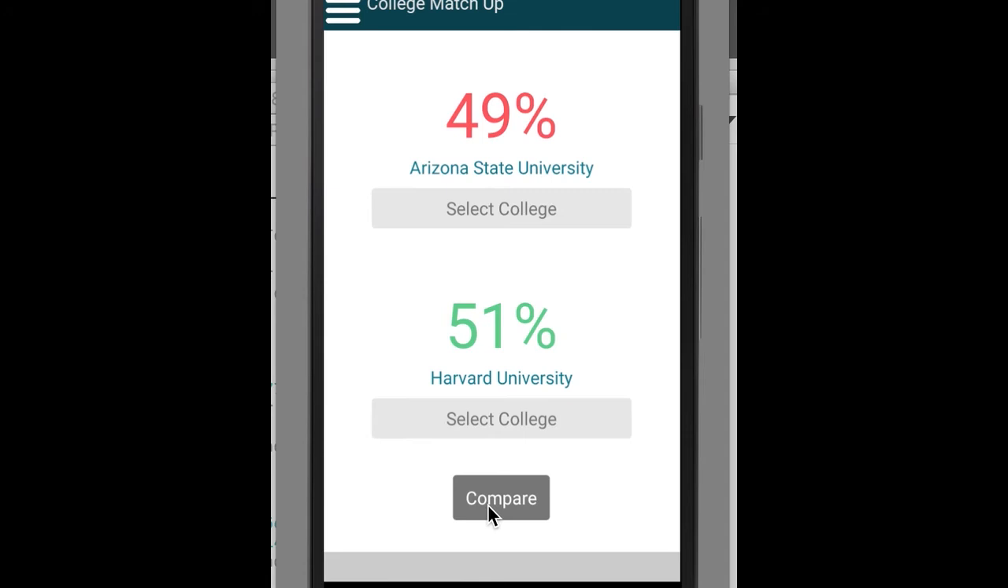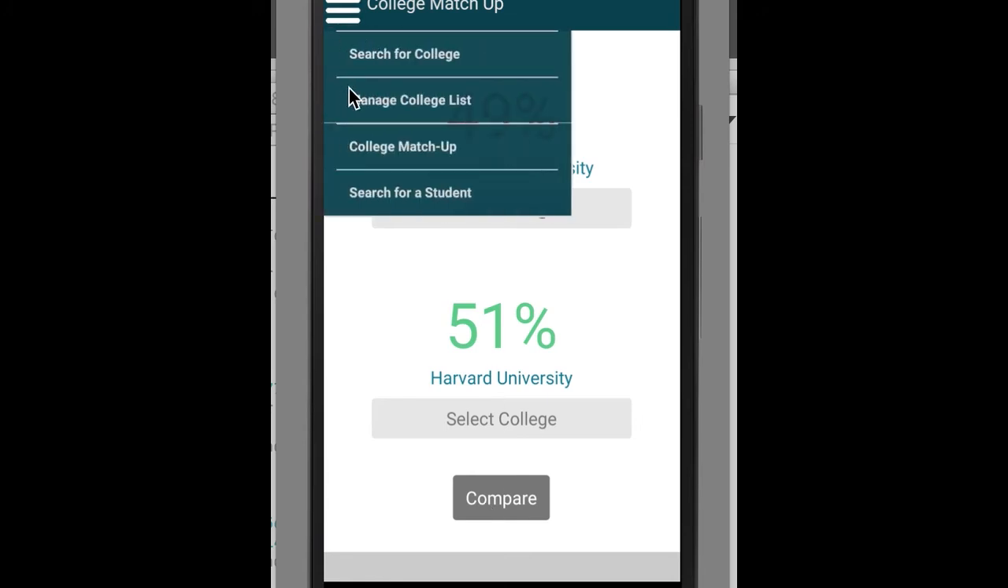And there you go. So when students are accepted to both Arizona State University and Harvard University, 51% of those students choose Harvard. Okay, so moving on to the other feature, I'm going to now go to the hamburger menu